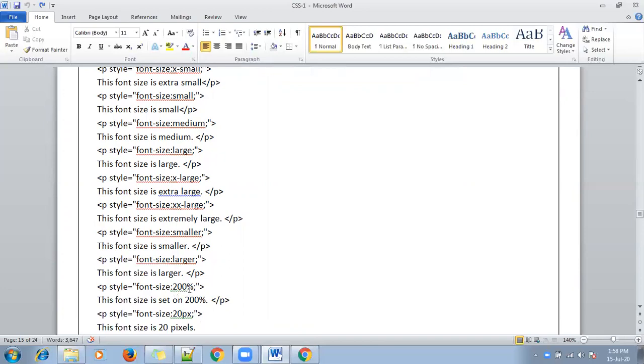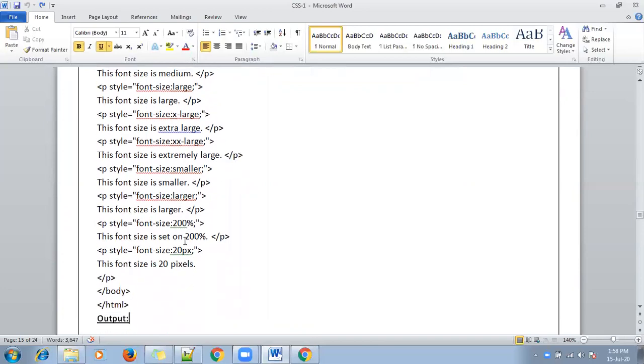Okay, pixels you can write percentiles or pixels, 20 pixel or 200%. So any value, large, extra large, small, extra small, or pixels px or in percentile form. In any style you can mention the font size.